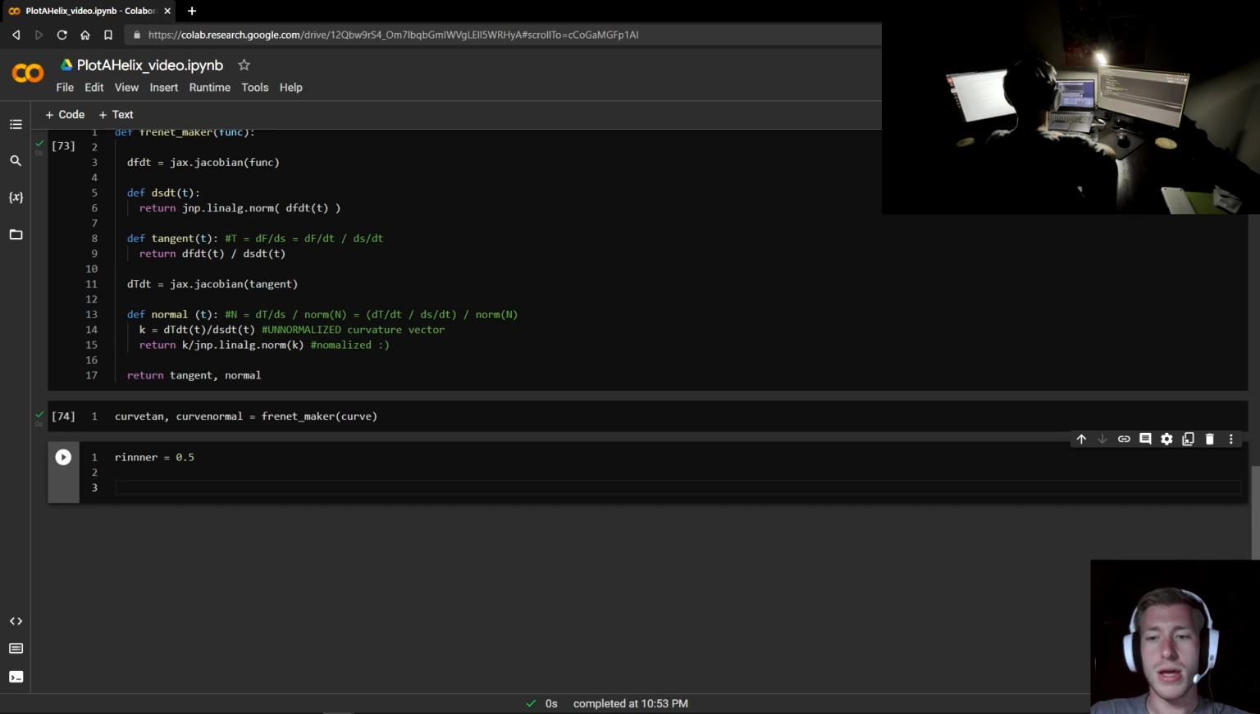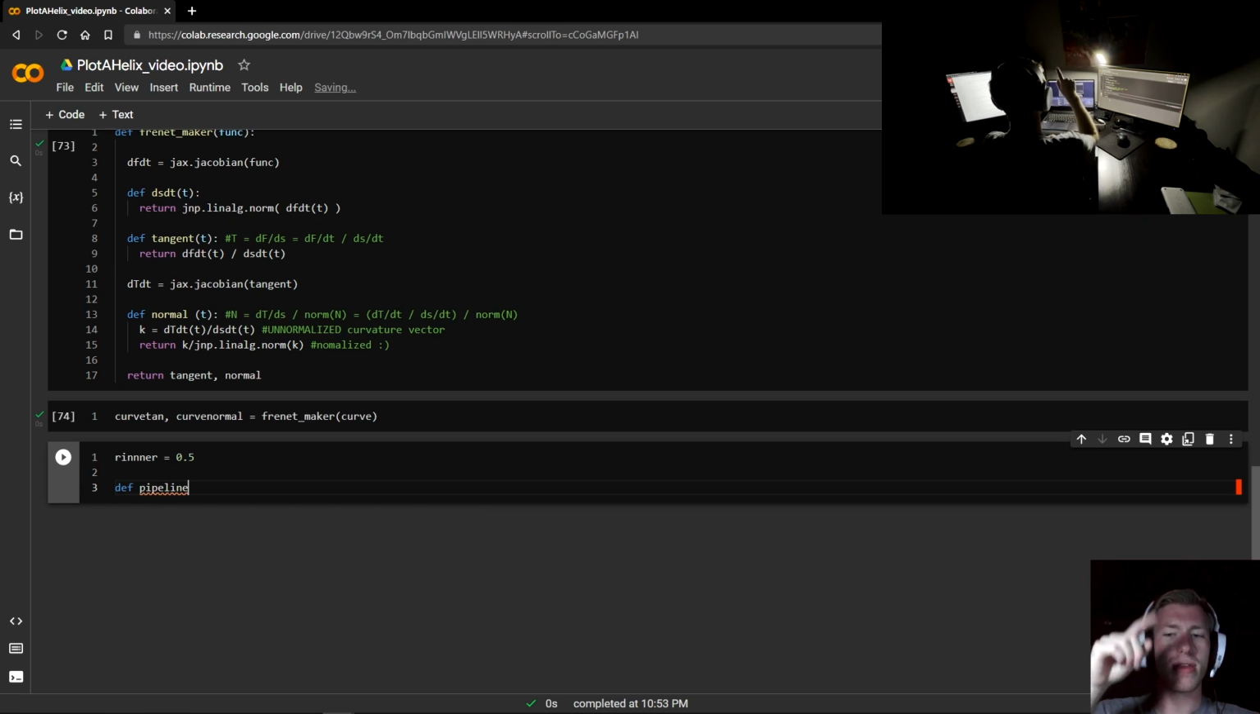So the next thing we're going to do is define our function. So we want to define a new function, and I'm going to call this pipeline, because I can, pipeline. Because this is going to be the outline of the pipe. This is going to tell us every single point. Again, once we feed it in a vector of times,